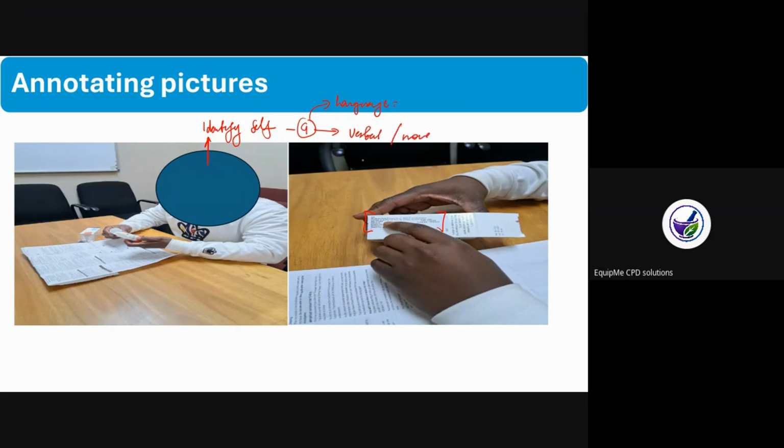Sometimes you can see when a person is talking, or sometimes you can't, but you can then explain this. Non-verbal cue speaks of pointing. So I'm going to put an arrow here. I'm going to put a text box next to it. I'm going to put the behavior statement, briefly what it shows.